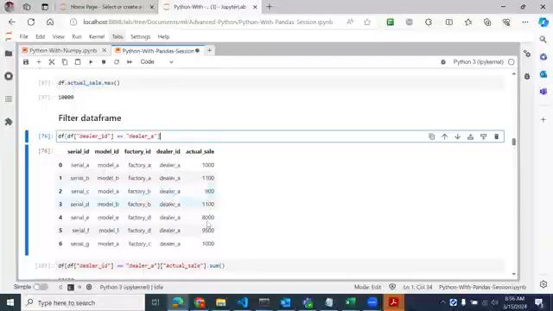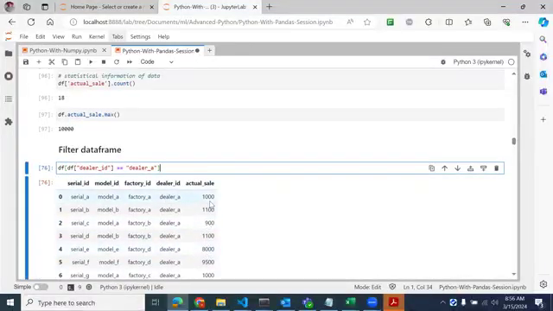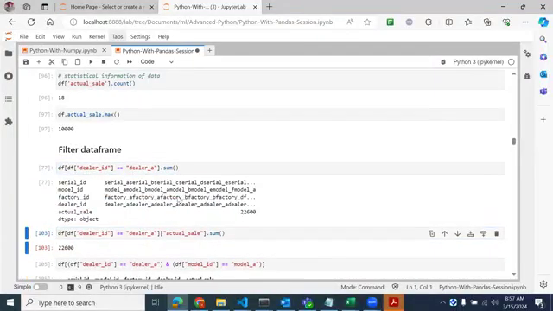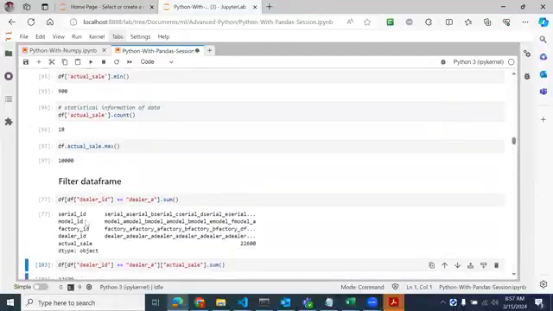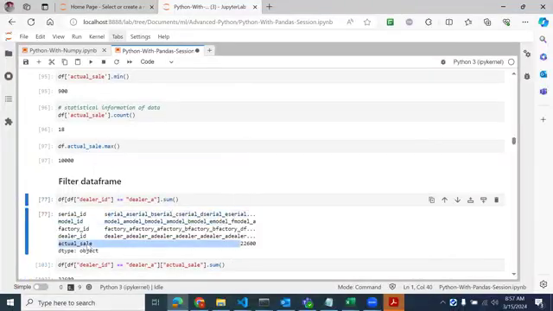If you need a sum of those values, how can we get it? We can just click on sum. See, it is going to sum up all the columns: serial ID, model ID. What it is doing is just concatenating all the values. But I need a sum of only actual sale. How can I get it? After filtering,